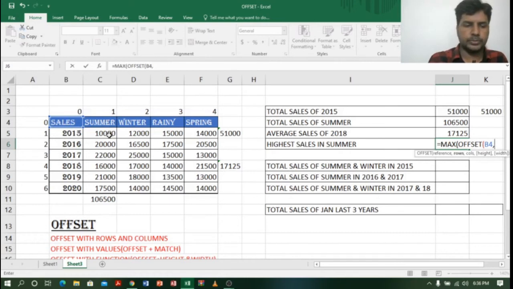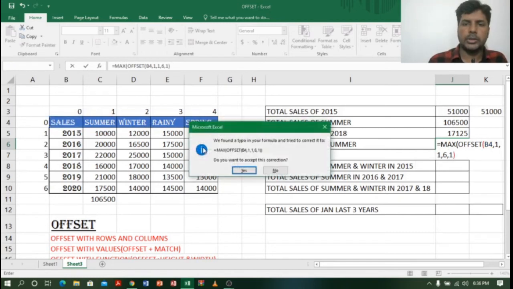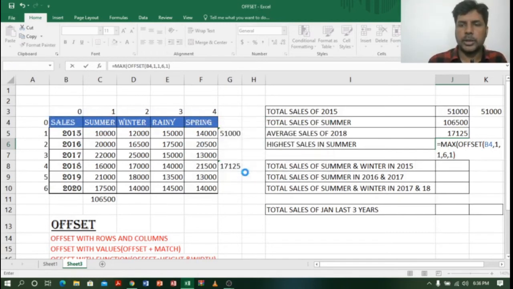So first row, first column, comma, height. Yes, height is 6, right? Comma, width. Okay, so width I don't want to select the winter, rainy, spring. So I will say 1. So let me close the bracket, enter. Okay, so I didn't close another bracket. So let me close the next bracket. Okay, nice.